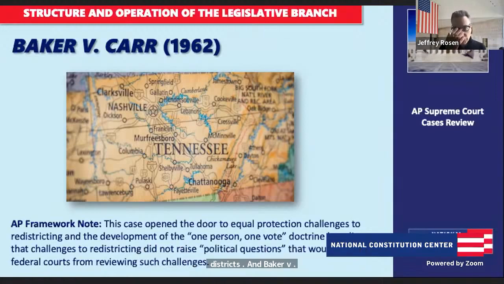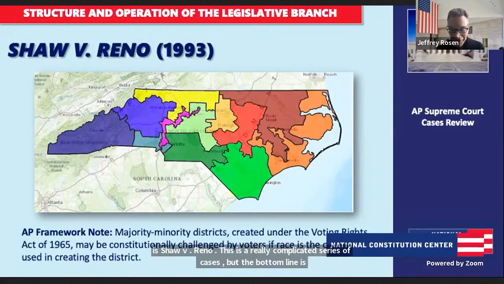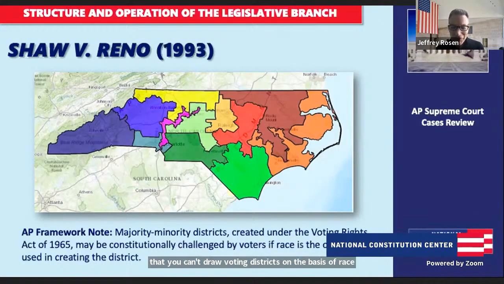And the final case is Shaw v. Reno. This is a really complicated series of cases, but the bottom line is that you can't draw voting districts on the basis of race in ways that create very funny shaped districts. I can't really describe it much more specifically than that because it wasn't exactly clear what made a district funny looking or how much race consciousness was too much, although in subsequent cases, the court said that race can't be